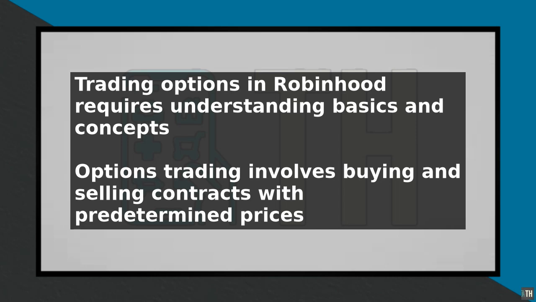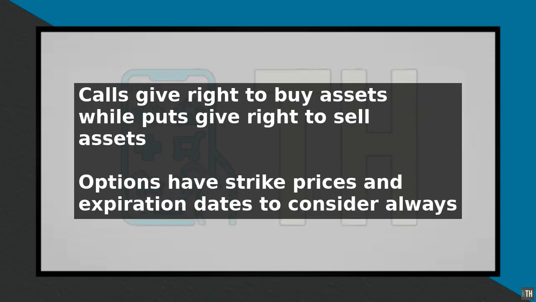First, you need to understand what options are. An option is a contract that gives you the right, but not the obligation, to buy or sell an underlying asset at a predetermined price, known as the strike price, before a certain date, known as the expiration date. There are two main types of options: calls and puts. A call option gives you the right to buy an asset, while a put option gives you the right to